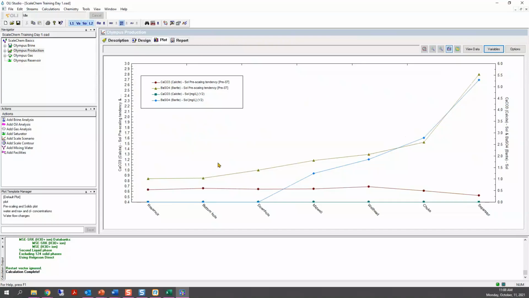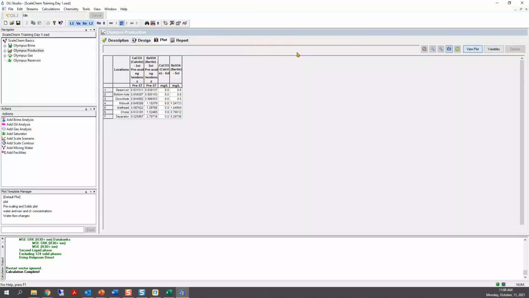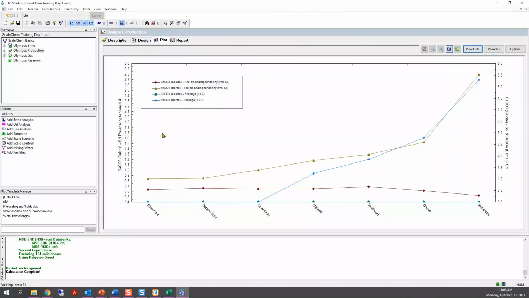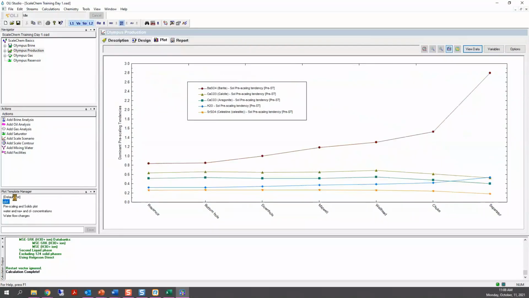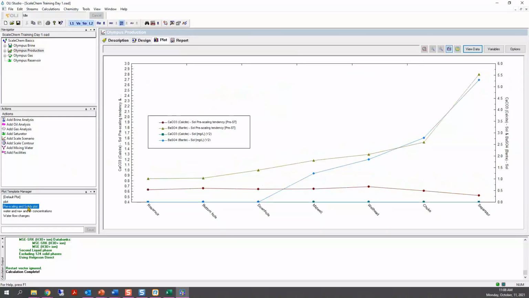That will be the same. This will be the data that we created in the plot template manager. You can go back to the default just by hovering over the default plot. You don't always have to go to variables and all of that. You can just go and pick the one that you need. Okay, thank you. Life much easier.